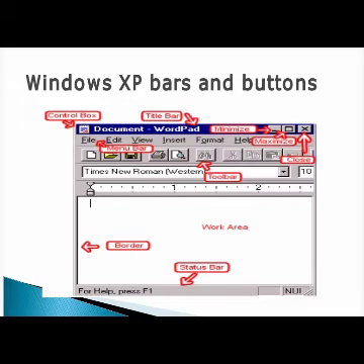These are called menu bars. Below that there are small icons like pictures; this third line is called the toolbar. Below the title bar we have the menu bar, and below the menu bar we have the toolbar. At the bottom there is another bar called the status bar, which indicates the status of an application.